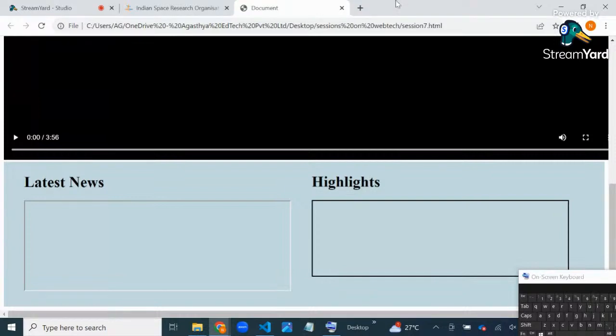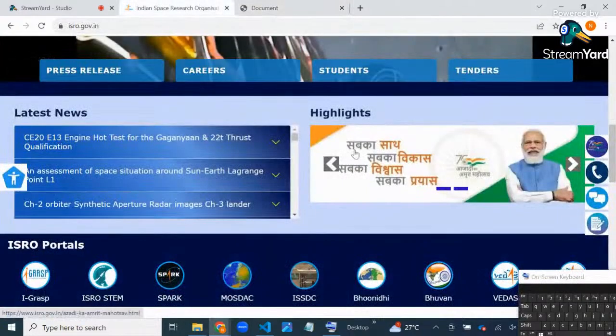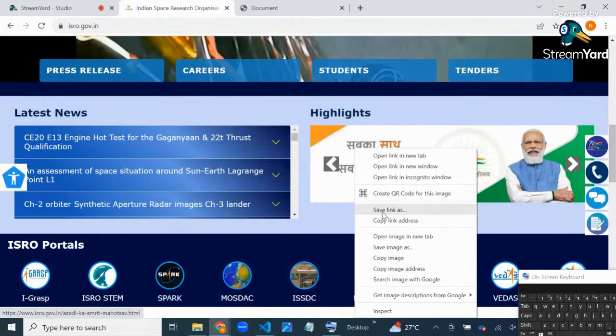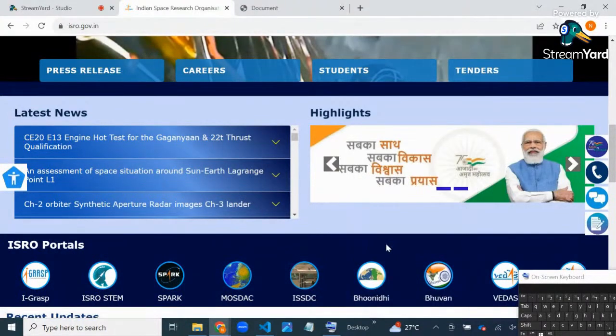So, what I will do is come here, minimize it. Now we will work on this section. What should we put inside the iframe? Okay, one thing we will do for this, it is easy. Just one image I need to put. So let me copy this. Save image as